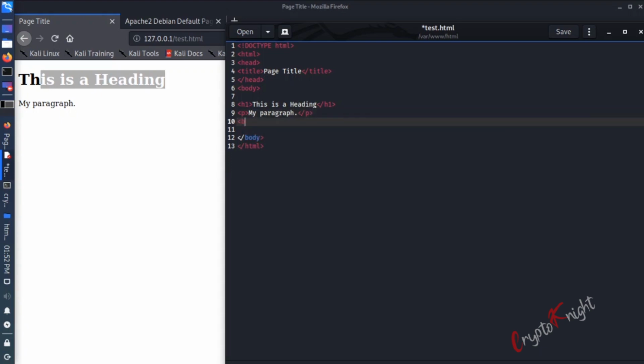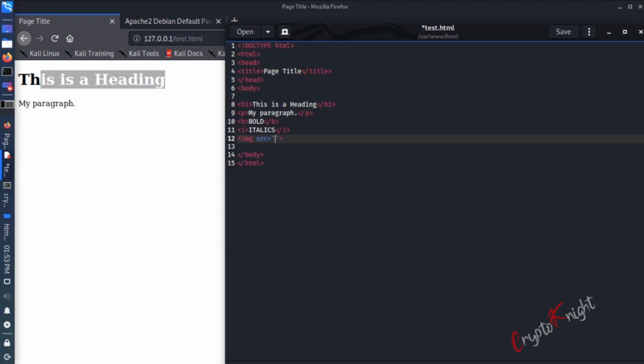Let's see a few more tags. We'll write b and write bold inside so that we know it gets bold. We write i and write italics. What the i tag will do, it will italicize the text inside it. And similarly, there is an image tag which will load an image.